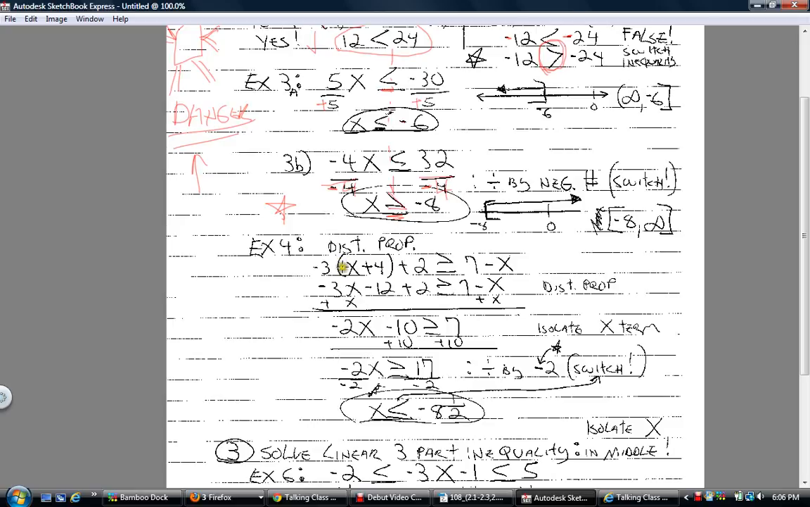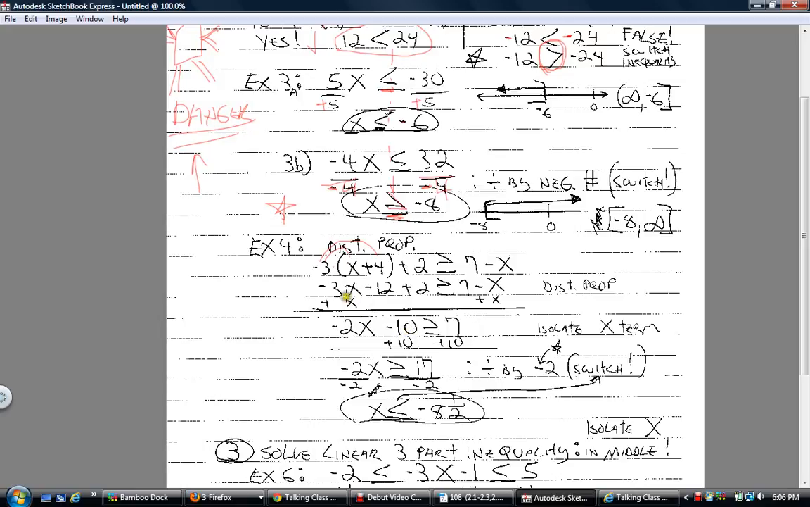Hopefully you see the parentheses and you remember the distributive property. You've got multiplication, so 3 times x is negative 3x, negative 3 times 4 is negative 12, plus 2, greater than or equal to 7 minus x. Okay, I see negative 12 plus 2 is 10,